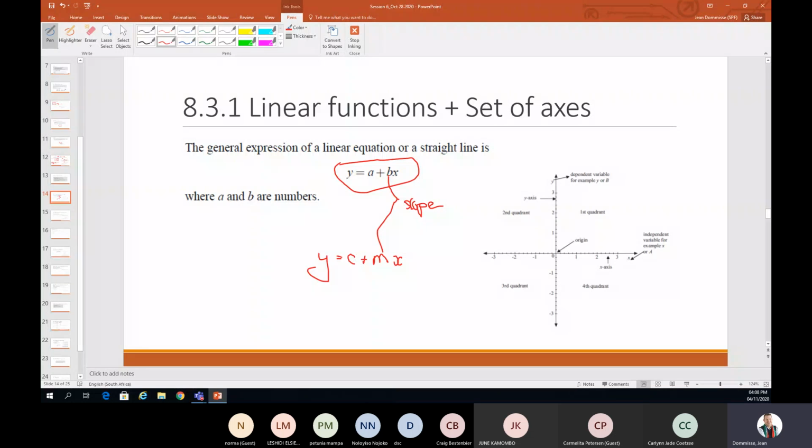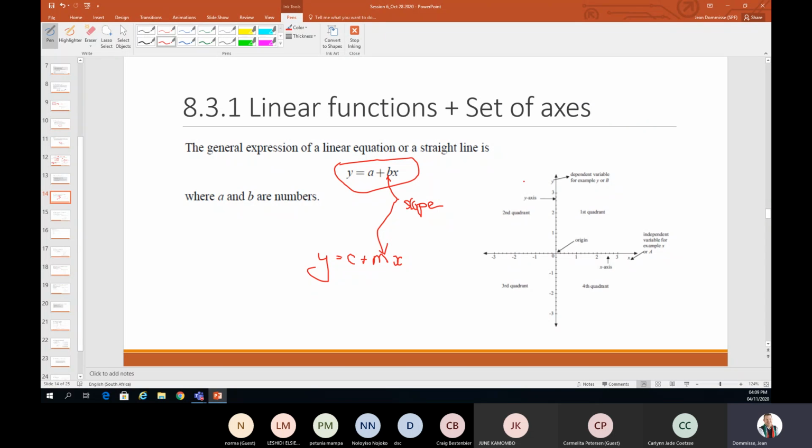So sometimes they refer to b, sometimes they refer to m, and that is important, because depending on which calculator you use, you can have different things. On my calculator, I've got the M and the B, so we need to make sure which one is which. I've got the R for the correlation as well. So I think it's very important that we make sure which one is referring to which one.